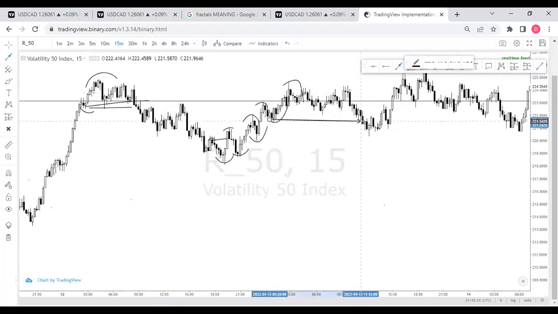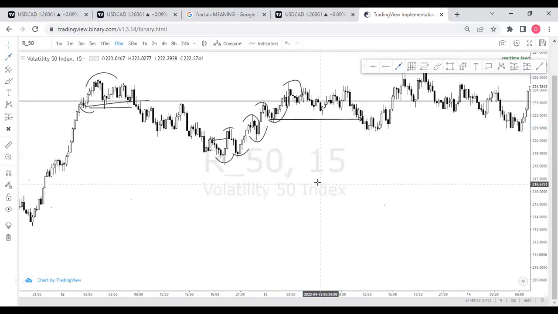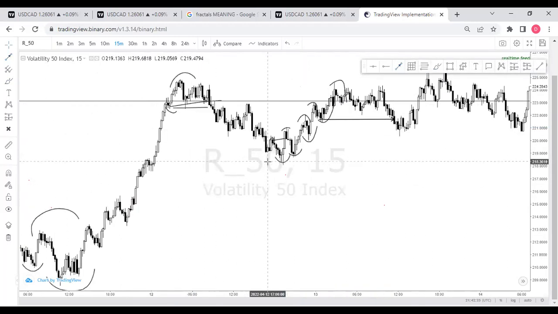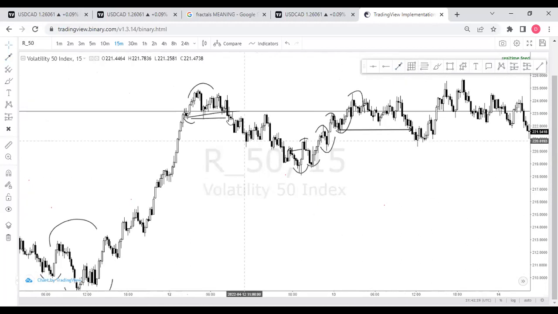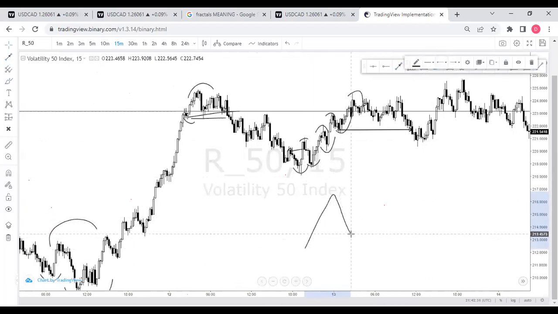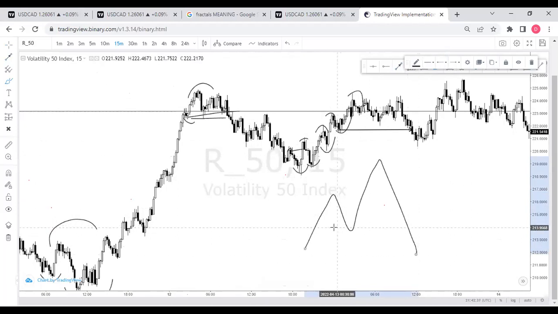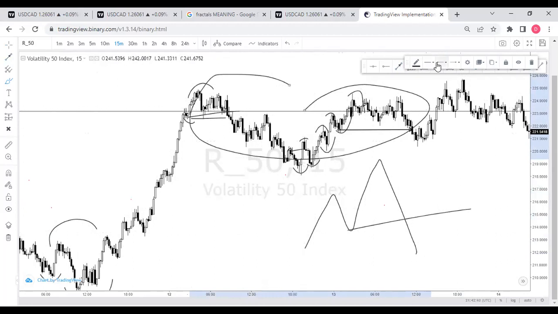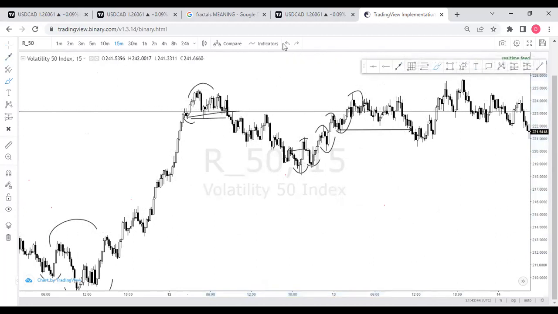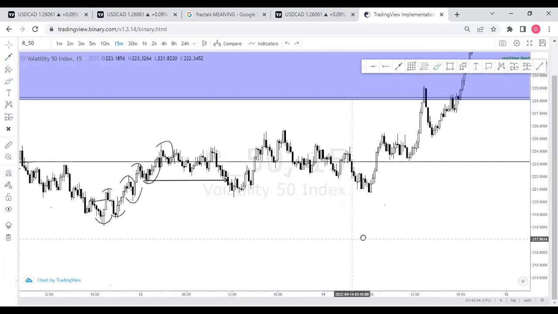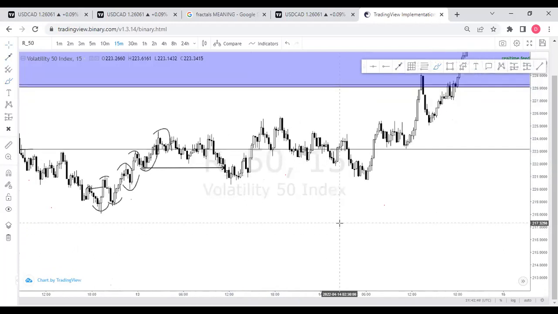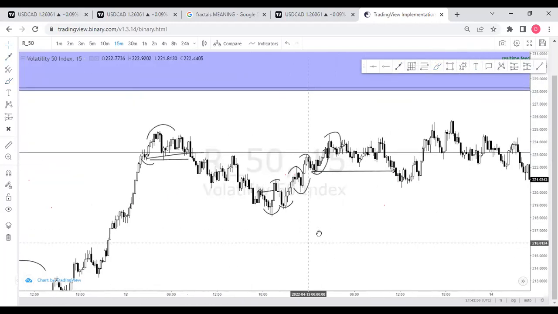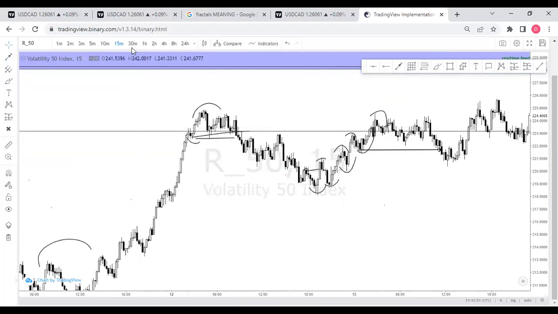If I had seen all of this choppiness on the lower time frame, I would have just stayed out because this structure is not really so clear. I don't know if you understand what I'm saying. I really want to see that clear higher high, higher low, higher high break of structure, very clear to the eyes. If I'm seeing all of these choppy movements, I'm not in for it. So I really want to see that clean and clear price action over here.